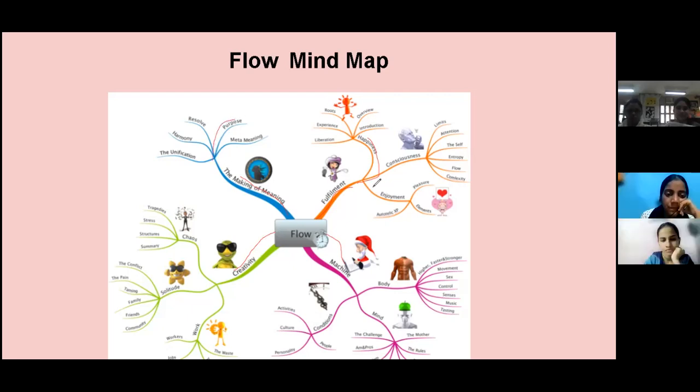So this is a flow, like from where the flow is going on. From here, a flow is going on a little different. Here, the flow is going different. Here, it is going somewhere else. So it is going with the flow, going with the flow. That is flow mind map. This is one type of mind map. Got it? So this also you can use in your computers. But where can we use it? Come on, give me an example where we can use a flow mind map.